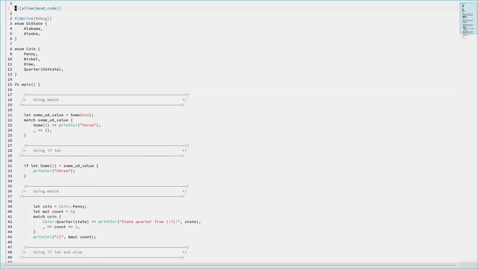This allows unused variables, including, we didn't use any of the US states. We didn't use anything except for Penny up here. So if I take this out,